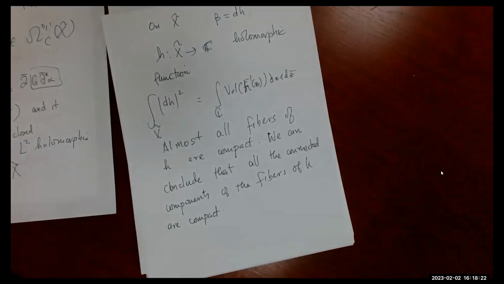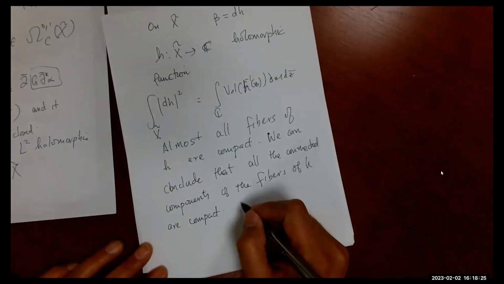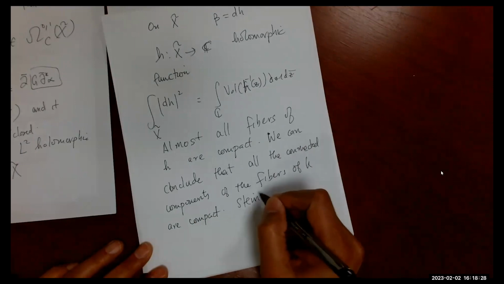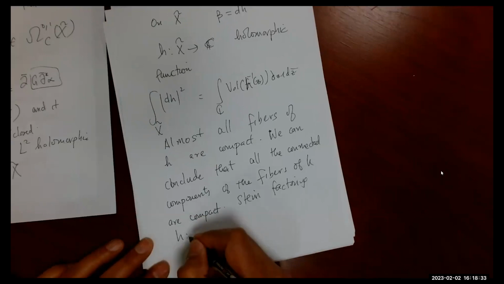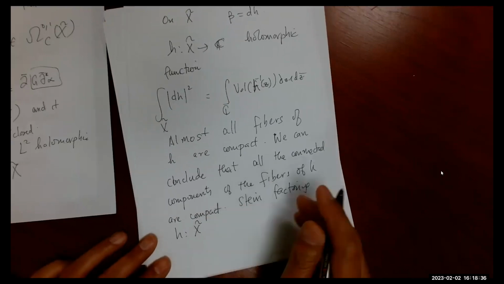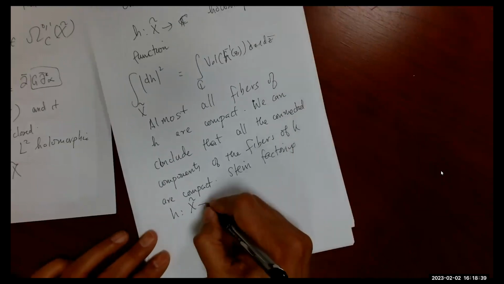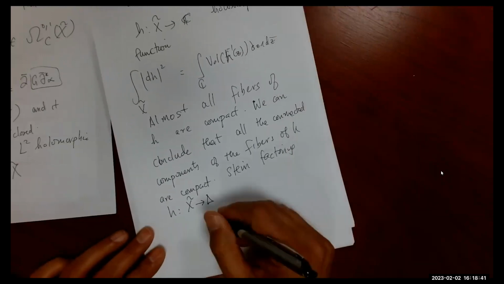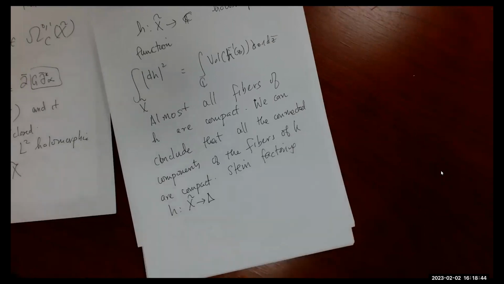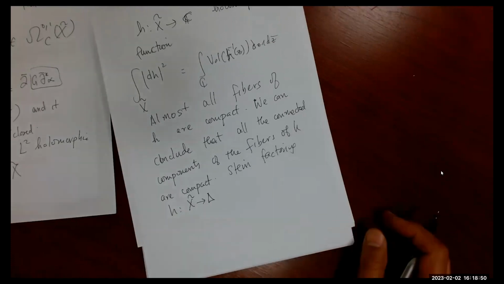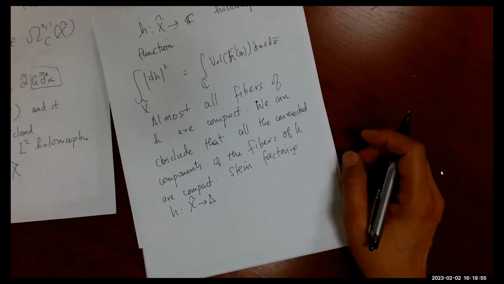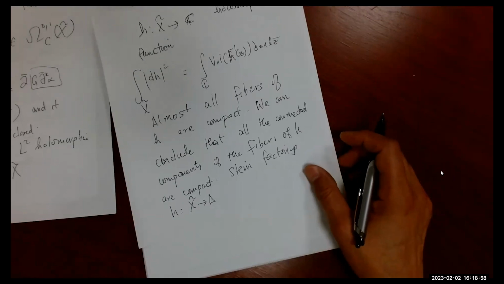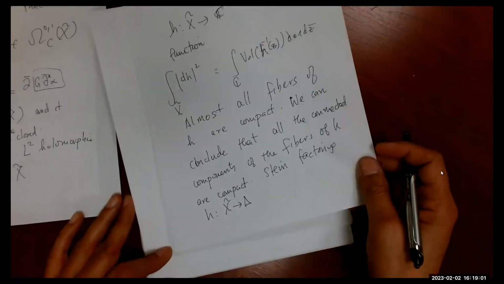So you can Stein factor this map. Once you Stein factor it, Stein factoring H gives a proper map from the universal cover. You can show it has to be the disk because of the finite energy condition. So you get a proper map to the disk, in which case, of course, you can't expect to solve d bar with compact supports. So what we have shown is that if this beta happened to be non-zero, then you have a proper map to a Riemann surface. So that's where you get the dichotomy.